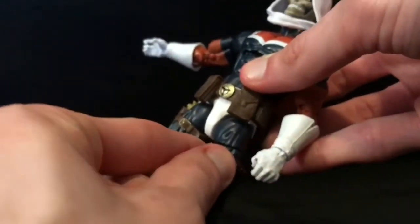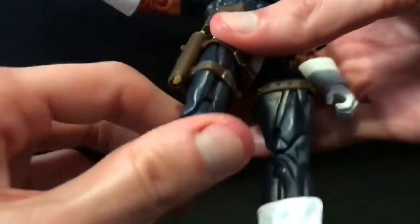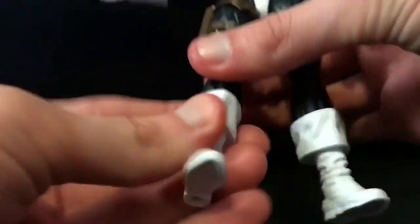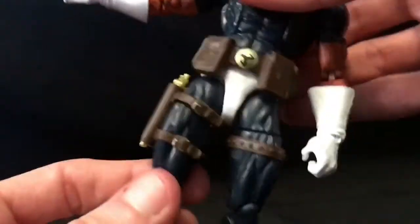It's kind of like Cyclops. You get them up high enough, they ain't gonna fall off. He does have a double jointed knee there. There you go. Got a boot swivel. You know, if we can get that to move. There we go. Hinge at the foot and a rocker joint. So with that being said,